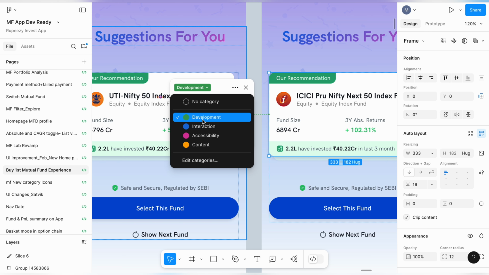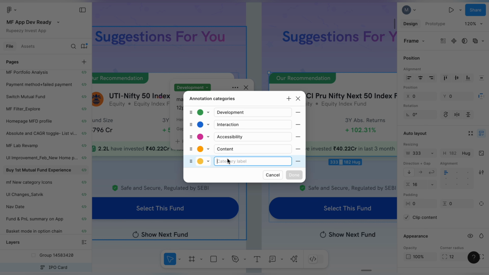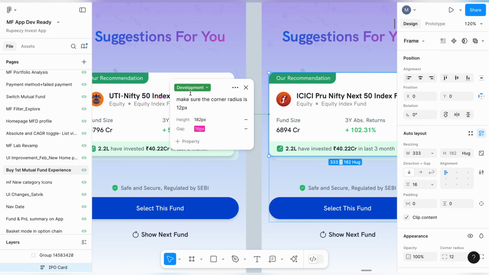We want it at interaction level, accessibility point, content level, or you can select no category, and if you want you can create your own category as well. Here 4 categories are provided by Figma. If you want you can create your own category called research, and you can select your own category from the